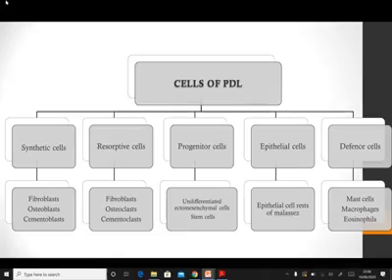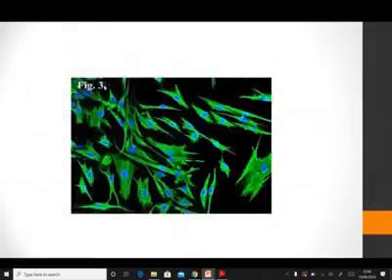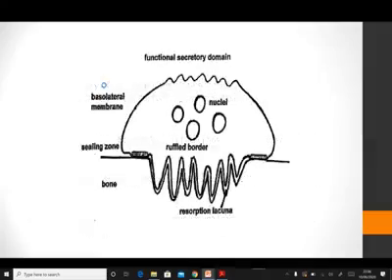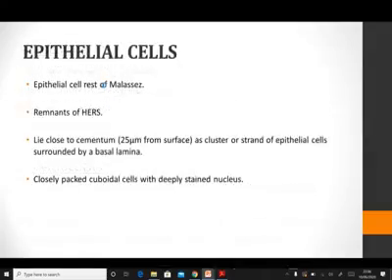Then we had the cells of epithelial origin within the periodontal ligament, which were the remnants of the Hertwig epithelial root sheath, the cuboidal shaped cluster of epithelial rest cells surrounded by basal lamina called the epithelial cell rests of Malassez, and they function in the repair and the regeneration of the periodontal ligament. Then we had certain defense cells, the mast cells, the macrophages, the eosinophils, and today we are going to talk about these defense cells in detail, their morphology